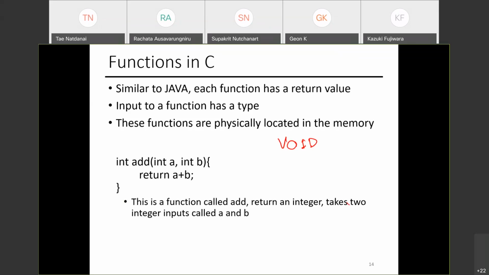So if you use void instead of an integer here, it means I'm not returning anything. It's a function that you call and you're not expected to return anything. Thank you for the correction. I was wrong here. A function doesn't always have to return a value. If you declare a void function, it doesn't have to return a value.